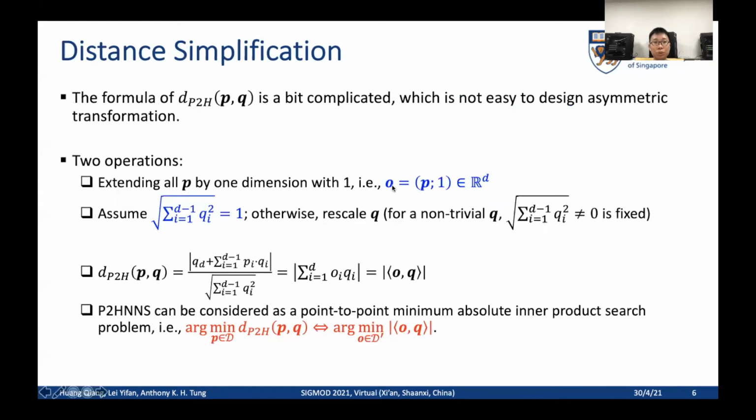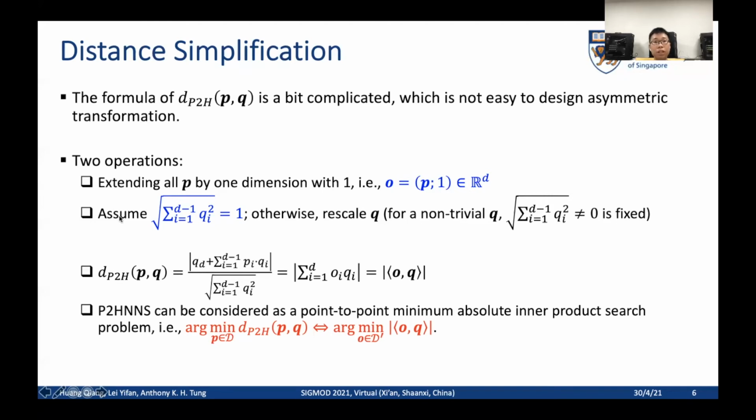Before we answer this question, since the formula of point-to-hyperplane distance is a bit complicated, we first simplify this distance. We propose two operations in the preprocessing phase before the point-to-hyperplane NN search. First, we extend all the data points P by one dimension with 1. For example, we construct a new data object O, which is a concatenation of the original data point P with a scalar value 1, so that all the data objects O and the query Q are in the same